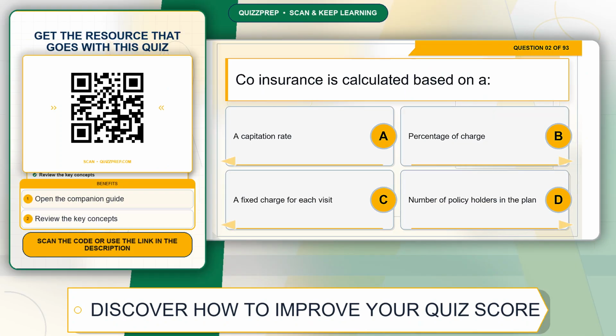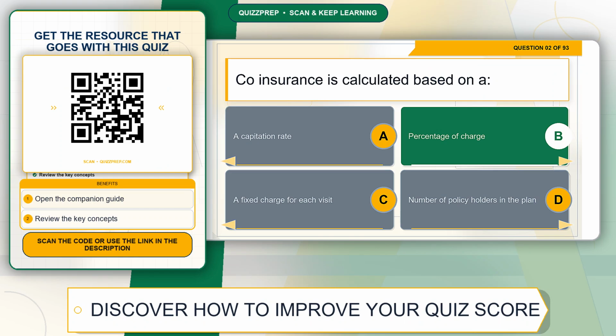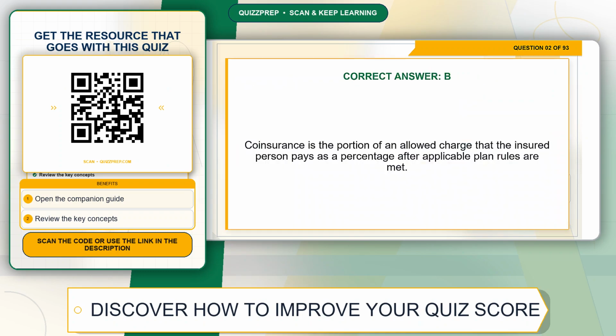Question 2. Coinsurance is calculated based on Option A, a capitation rate. Option B, percentage of charge. Option C, a fixed charge for each visit. Option D, number of policy holders in the plan. The correct answer is option B, percentage of charge. Explanation: coinsurance is the portion of an allowed charge that the insured person pays as a percentage after applicable plan